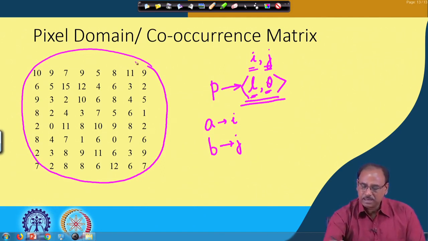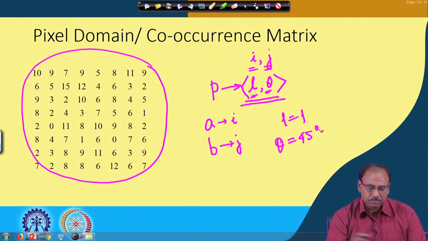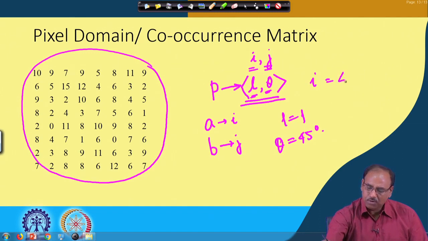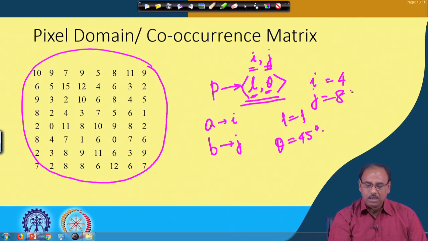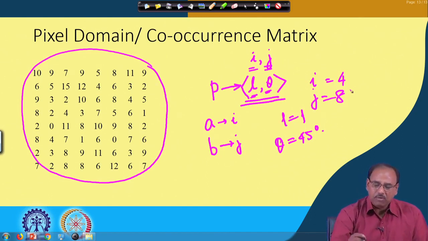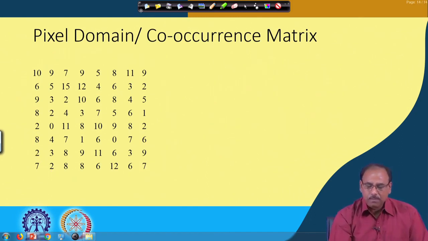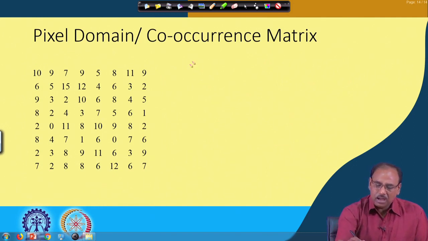For this case, let me assume that the value of L is equal to 1 and the value of theta is equal to 45 degrees. I also put intensity i equal to 4 and intensity j equal to 8. So, given this, what I want to compute is this co-occurrence matrix. I will call it matrix A, and I want to compute the element value